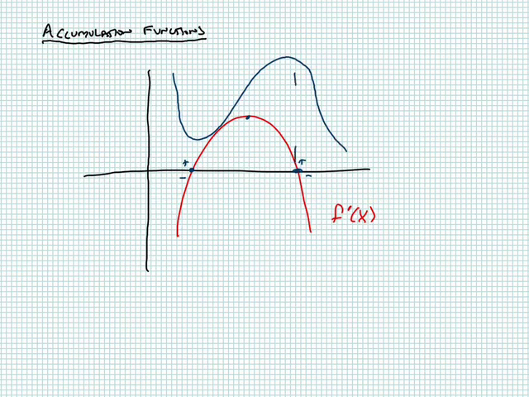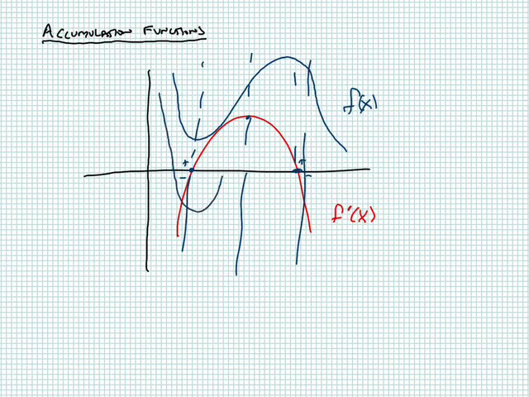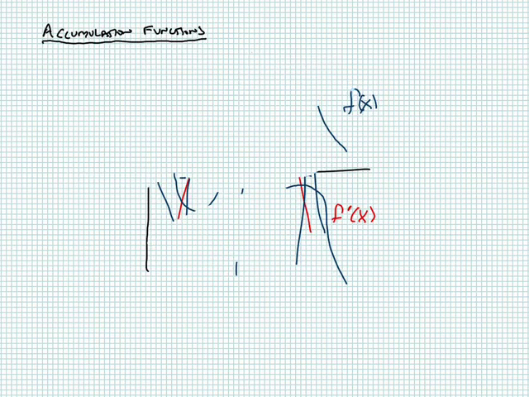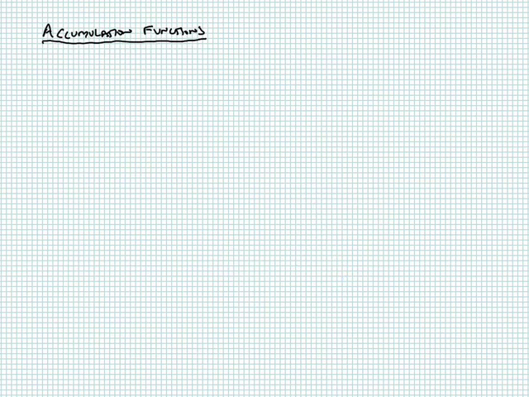I have to make sure these line up, but this is a possible curve of f of x. Remember, there's really an infinite number of solutions here for f of x, because f of x is the antiderivative of f prime of x. However, if I know a particular solution,